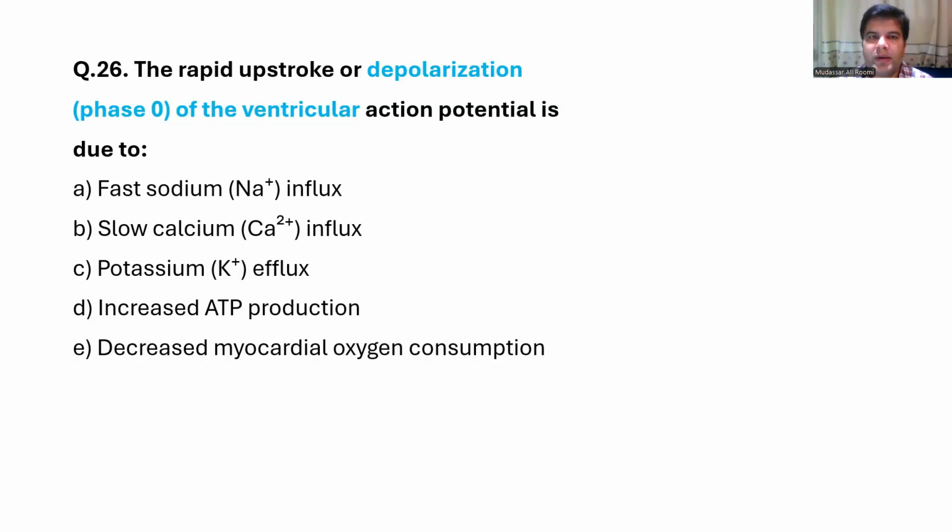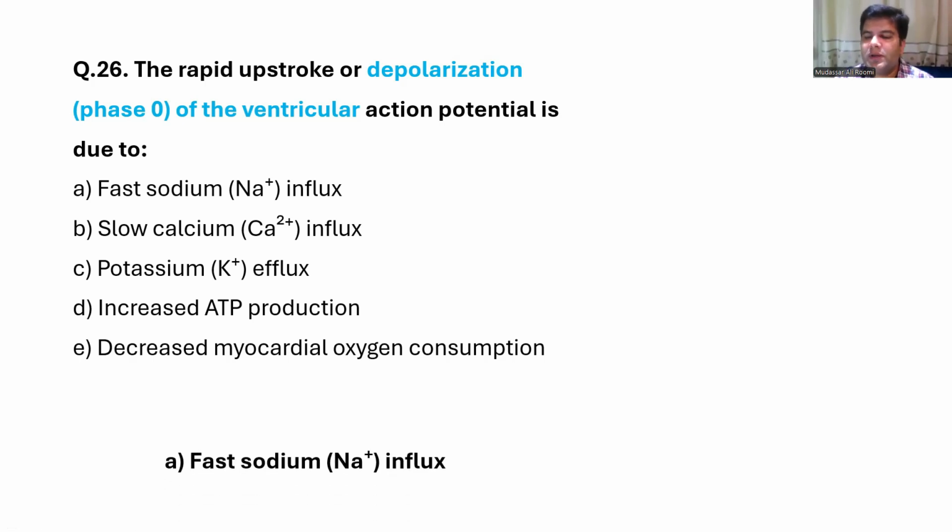Next question: rapid upstroke or depolarization, phase zero of the ventricular action potential, is due to A, fast sodium influx; B, slow calcium influx; C, potassium efflux; D, increased ATP production; E, decreased myocardial oxygen consumption. And the answer is